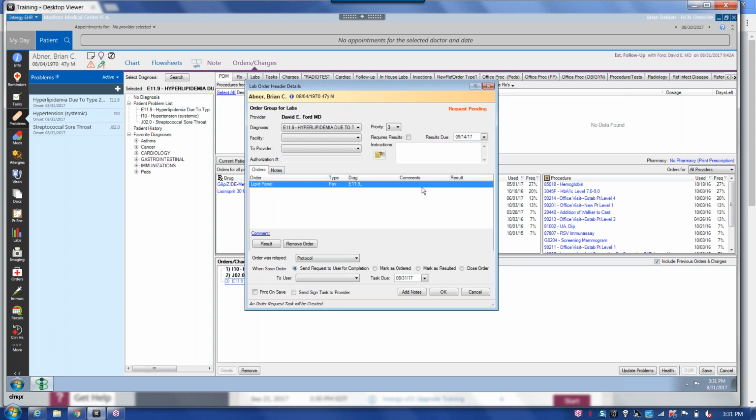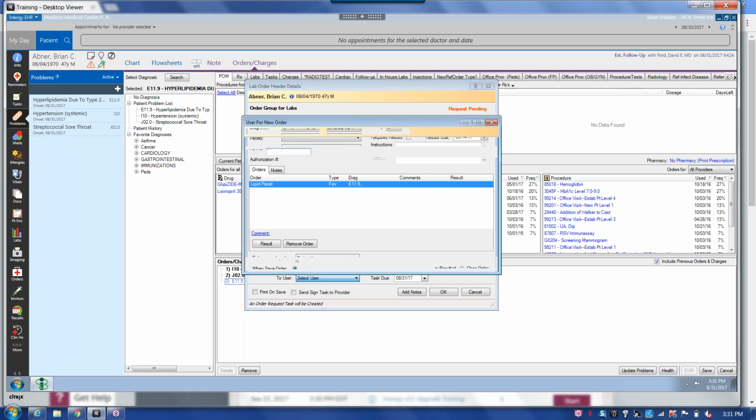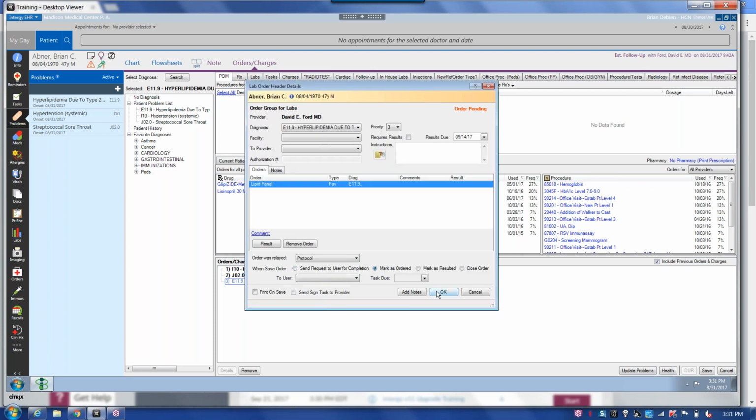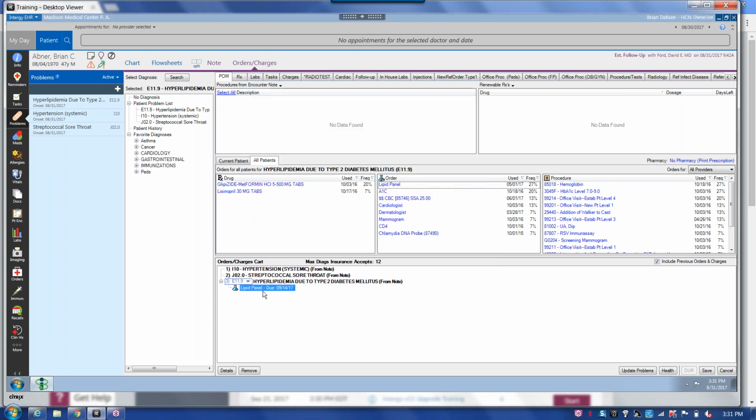Now, for those of you who are aware of some of the default settings that you have access to in your general preferences, this lab order details may or may not pop up. In my case, it's popped up because I don't have my default settings set up so that it knows who to task this to. So for now, I'm just going to mark this as ordered. Okay, so you can see that it drops down just like it would if you were on the Lab Favorites tab. So if I wanted to order another lab, let's say the CBC,